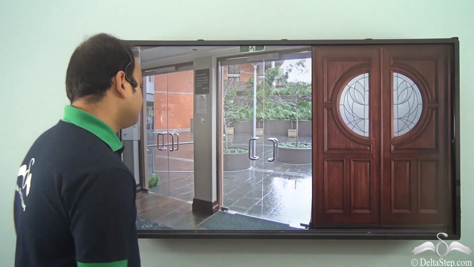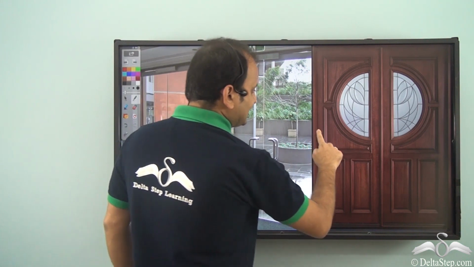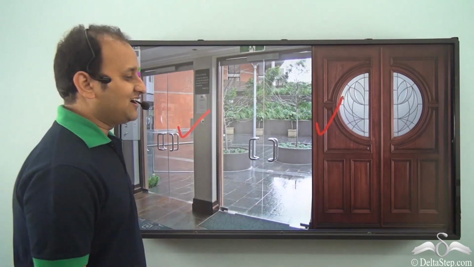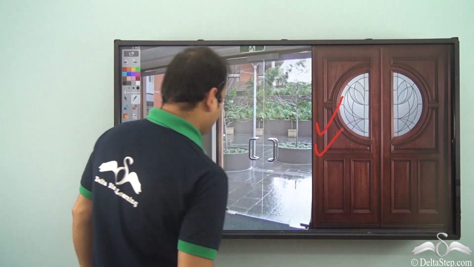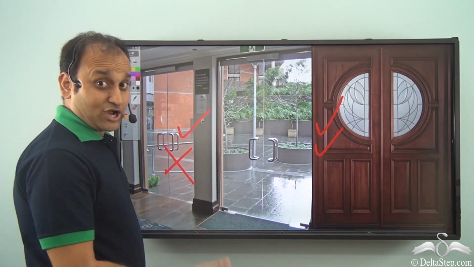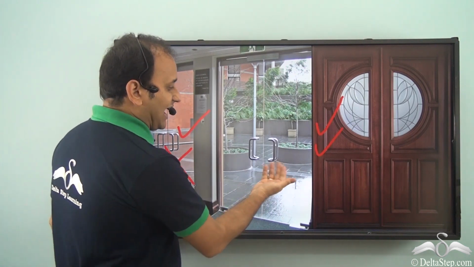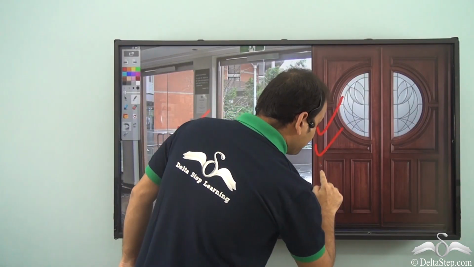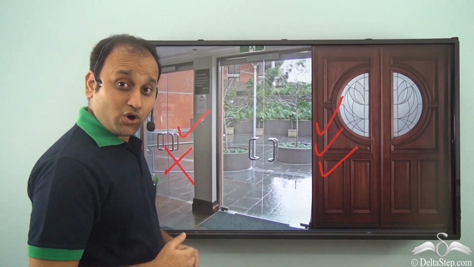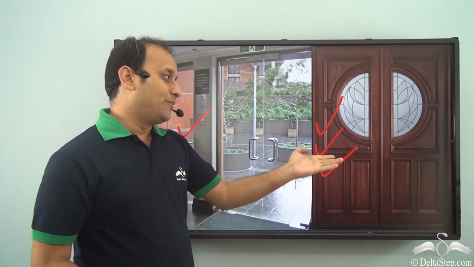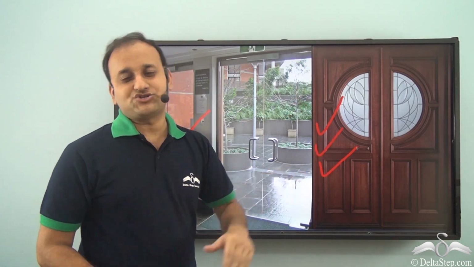Now, if you're playing hide and seek with your friends and you are asked to hide behind a door, which door will you choose? This one or this one? Well, definitely you will choose this door instead of this one, because this is transparent. If you hide behind it, your friend will easily locate you. Well, if you hide behind this door, that is the wooden door, then what will happen? Well, nobody will be able to see through it because it does not allow light to pass through it.